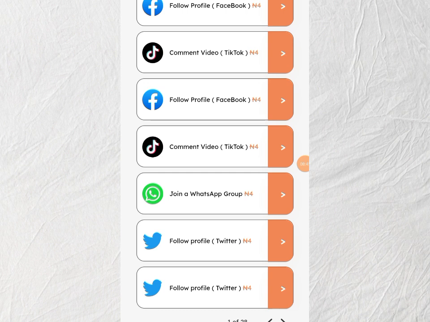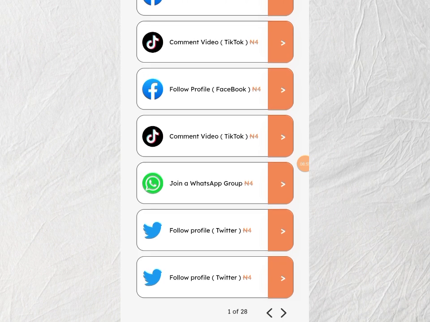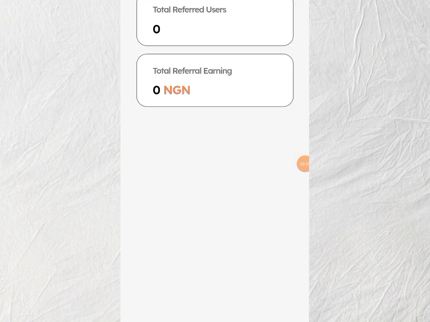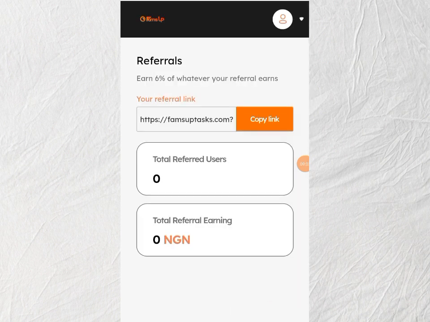So guys, let me show you how to earn more on the platform. If you want to earn more, what you just have to do is click on this referral icon on the lower part of the website. Click on this referral icon right away, and you can see it says earn 6% of whatever your referral earns.